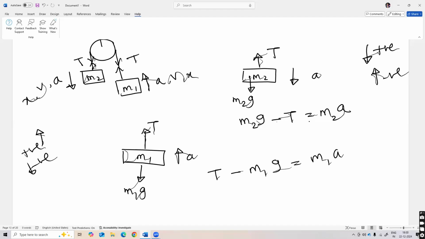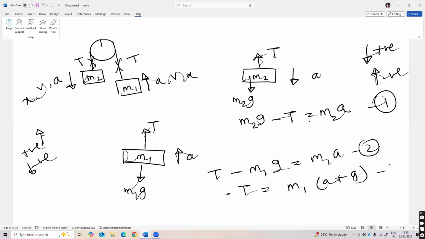So now from this we can find out T is equal to M1 into (A plus G), because this M1G will go on the other side, M1 will become common, and A plus G will be in brackets. So if we insert this into equation number 1, let's say this was equation number 2 and this is equation number 3. So if we insert equation number 3 into equation number 1,